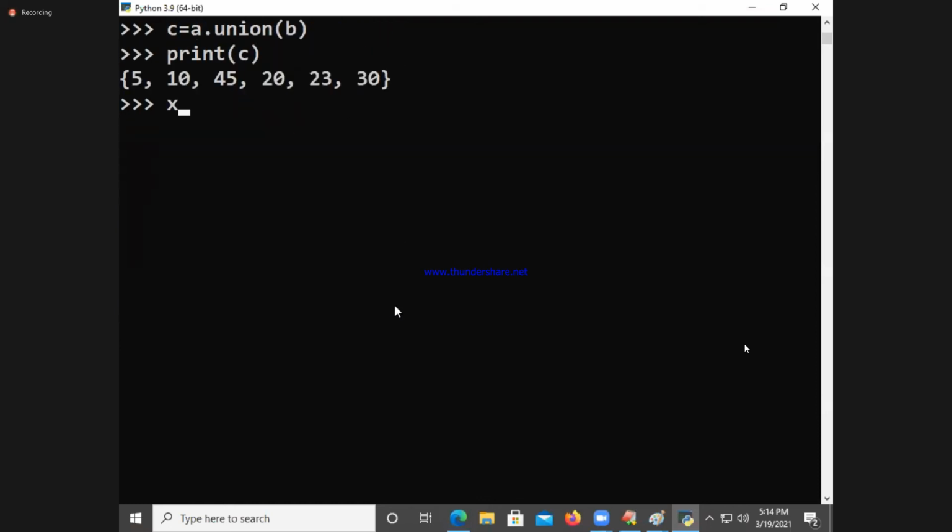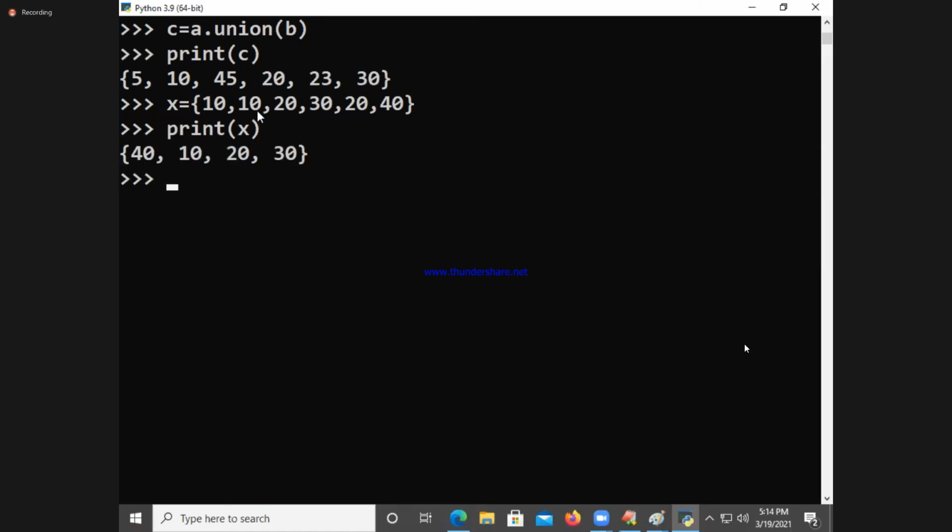Last and final. Some X is equal to 10, 10, 20, 20, 30, 20, 40, 40. Valid or invalid? Come on. Valid or invalid? Valid. But duplicates are there, no? But they will be considered as one time only. Generally when they give valid or invalid, people will go for invalid because already we learned set allows only unique elements. When I add the same number twice, it is considered as what? One only. So print of X.